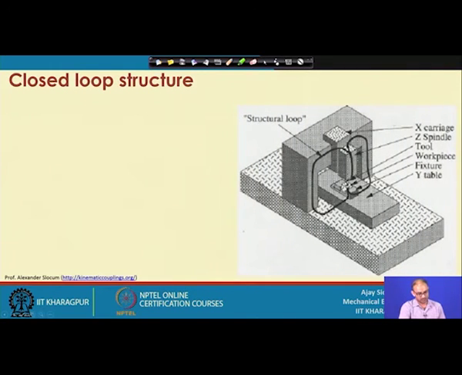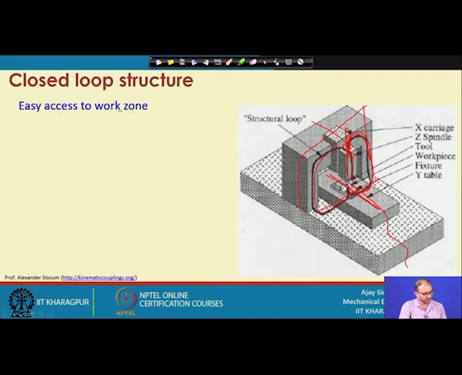Then the closed loop structure, this is a closed loop structure. Now, what is the advantage here? Again, everything is symmetric on both sides, and your workpiece is located at this particular location. If you see here, these are the two loops which are able to separate the whole thing from this particular side, and then your Z is moving up and down from this direction and your workpiece is moving in the x and y direction here. Now, considering the support of the Z axis, comparing with the earlier slide, you can see that this whole structure is very stiff in this case, and that is the reason the stiffness of these closed loop structures is very high compared to the open loop structure.